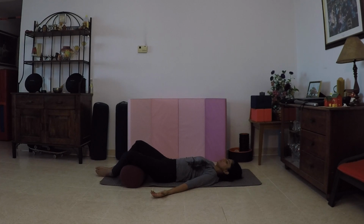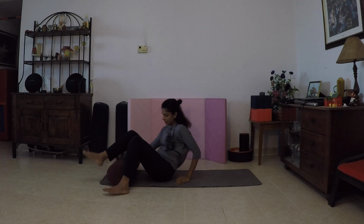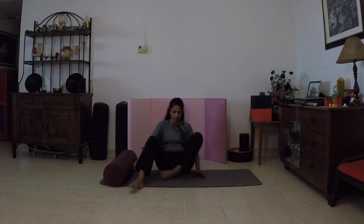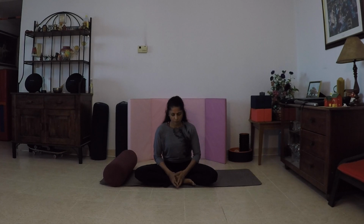Now as you relax, bring your attention to your breath, and every exhalation, try to relax the whole body into the ground. And keeping your mind focused on your breath. So the moment you close your eyes, your mind may wander around. The effort is to bring the mind back into the breath, and you have one point attention